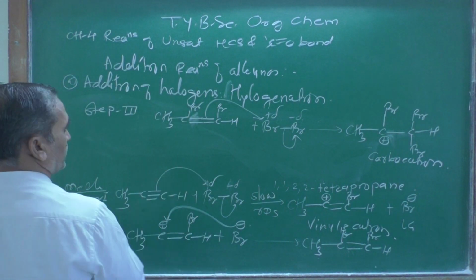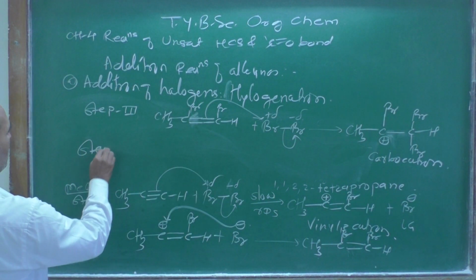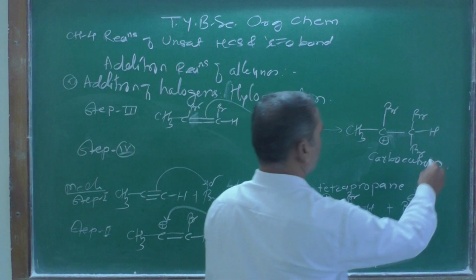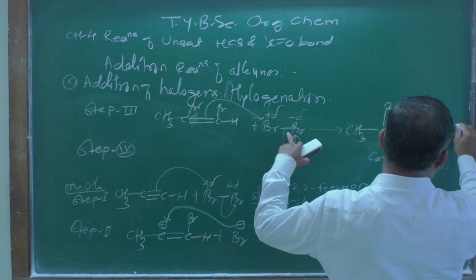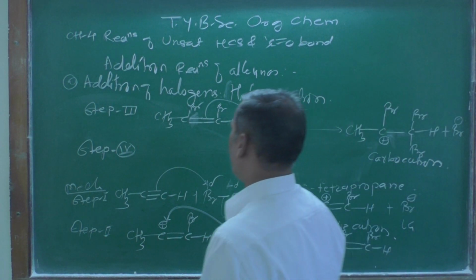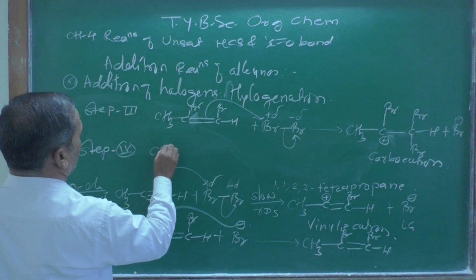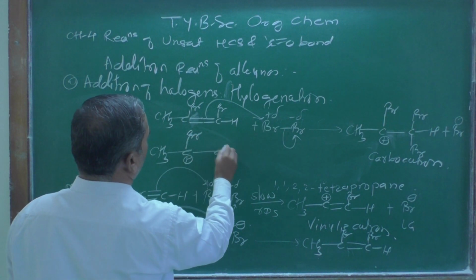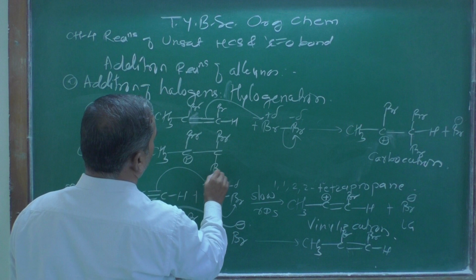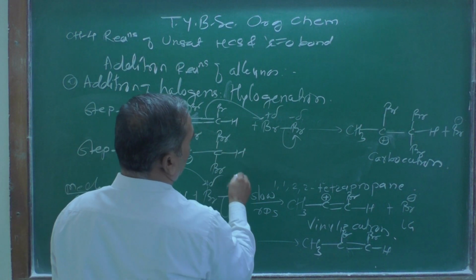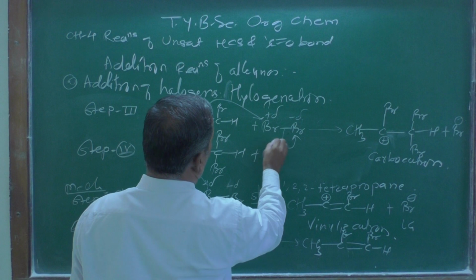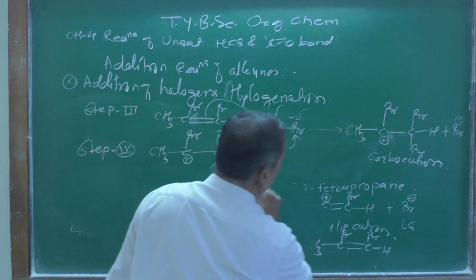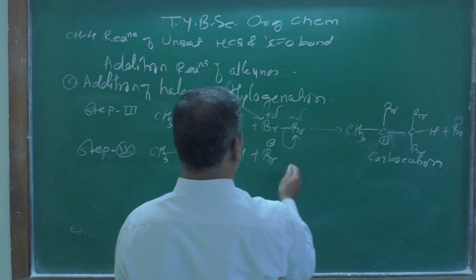In the next step, step number four, what is happening in step number four? One Br leaves as Br minus, and in the next one, we have CH3, then C Br with a positive charge, then C with a bromine atom here, also a bromine atom, a hydrogen atom, and plus Br minus over there, and that Br minus further attacks